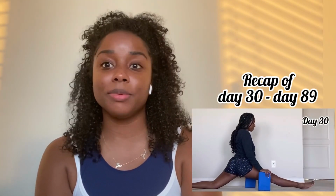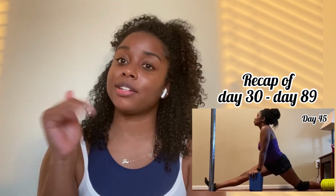I was originally supposed to give y'all like a 60-day update. I got so frustrated that I just kind of stopped stretching. I will say after about day 35, I slacked off. So I haven't been as consistent, but I'm back on it now because I did not go through all that pain in vain. So I started searching a whole bunch of stuff on Pinterest and on YouTube about what to do. And as I got closer to about day 70, 72, I started